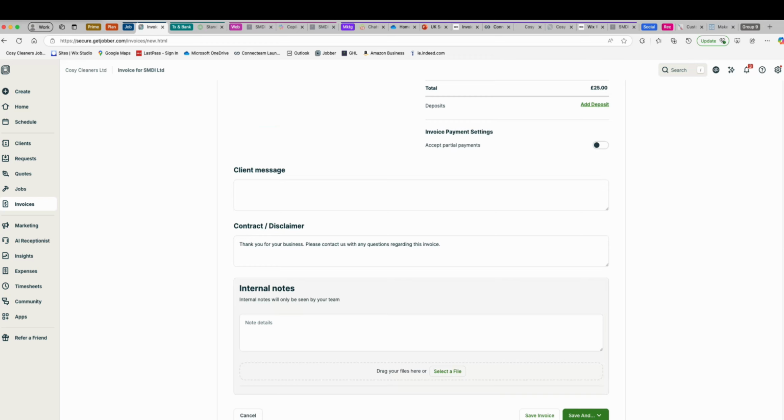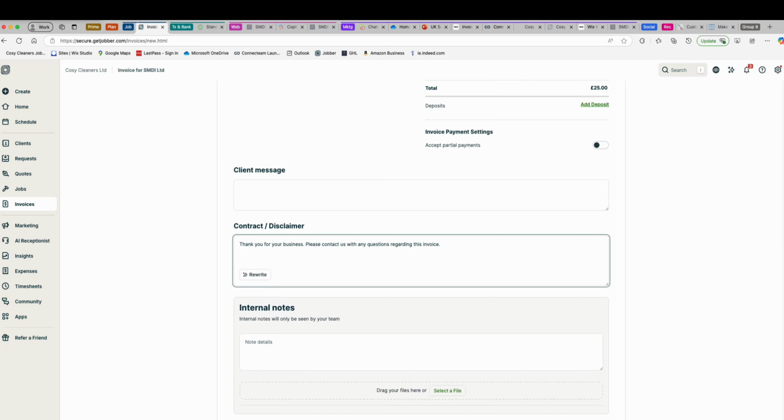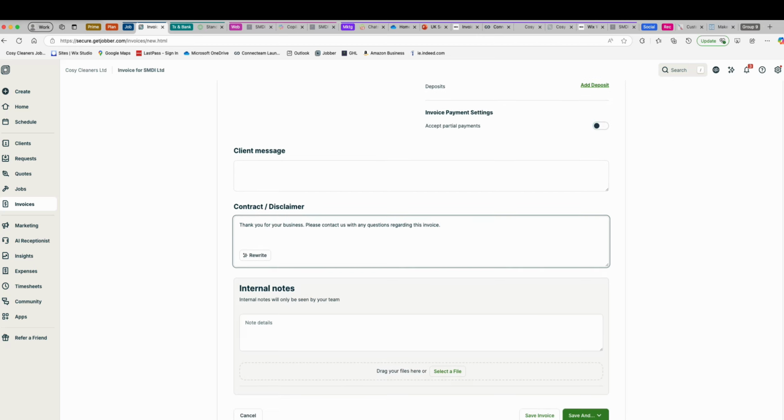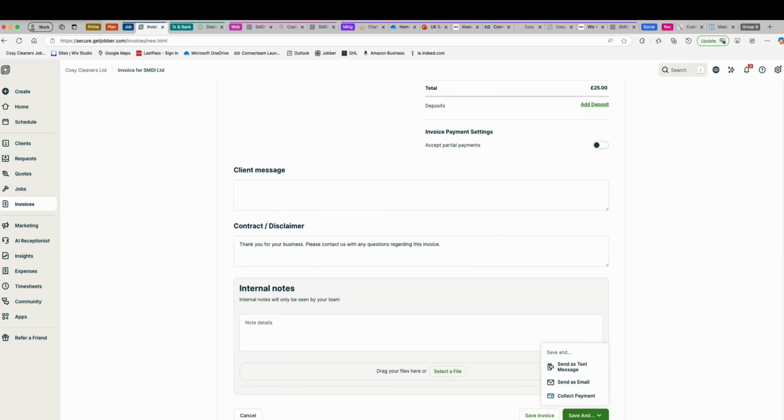And that's it. So there's no T's and C's or whatever. There's a simple little disclaimer or note here, because all of our terms and conditions, they accept when the quote is done. We can accept partial payments. We don't normally need to do that. We can now send that, or we can save it, or we can send as an email or send as